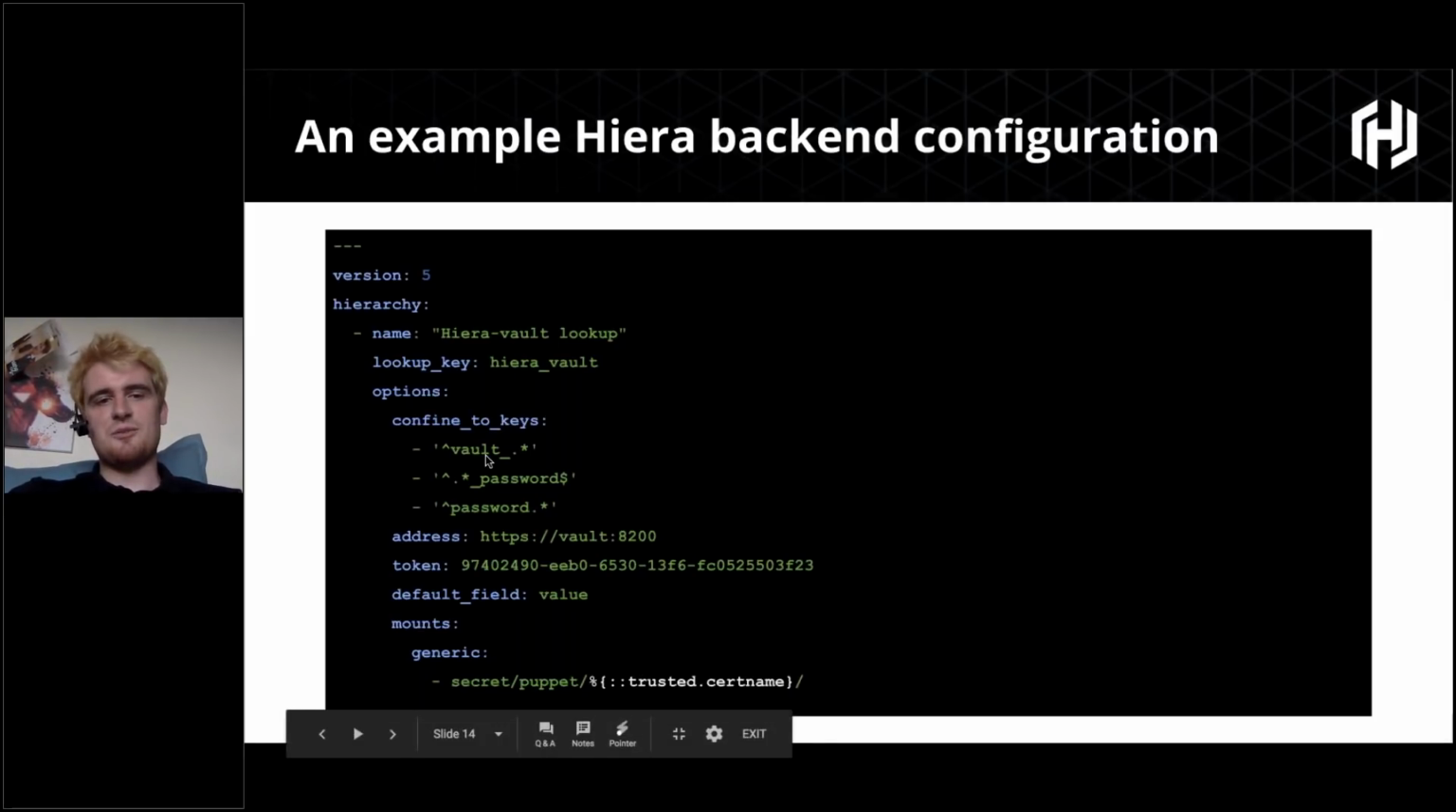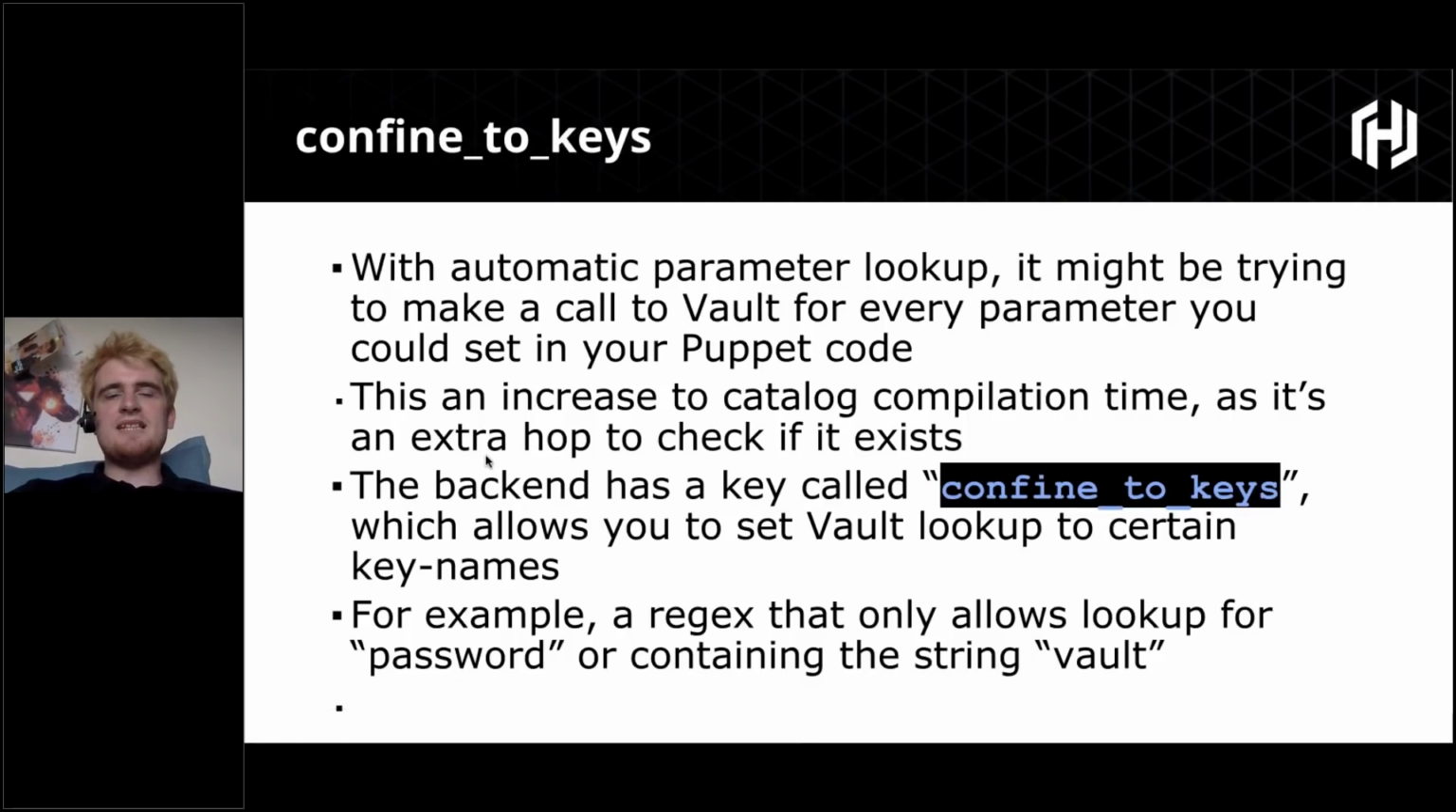There are some other keys in here that I'll talk about and highlight. One that comes up, and this is something I've talked with people about previously with Hiera and Vault, is the idea of confined_to_keys. By default, Hiera will look up every single parameter of every class that's in your code. The problem is that this could be hundreds, maybe even thousands of parameters in your code. And if your system is constantly having to talk to Vault to look for this information,